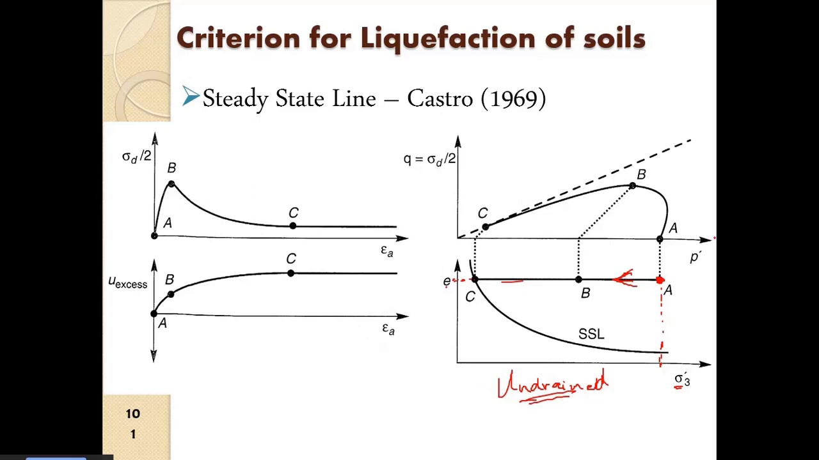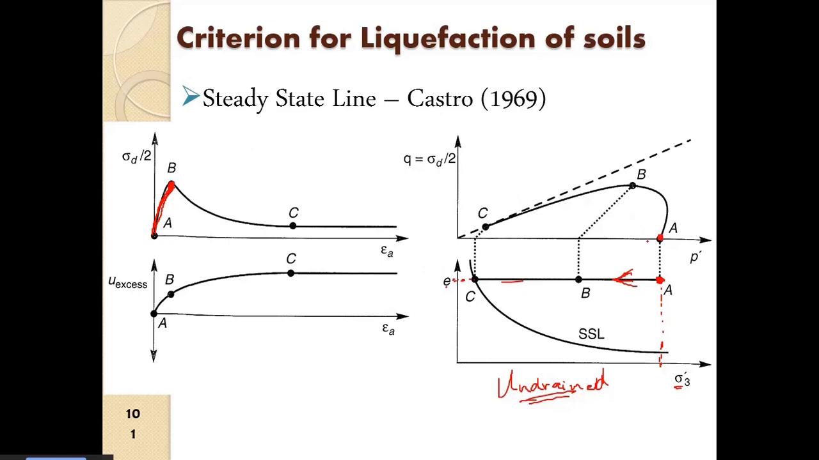Now the soil is sheared. For some small amount of stress, there will not be a significant development of pore water pressure, and there will be a very small amount of deformation as well. So what will happen is that from